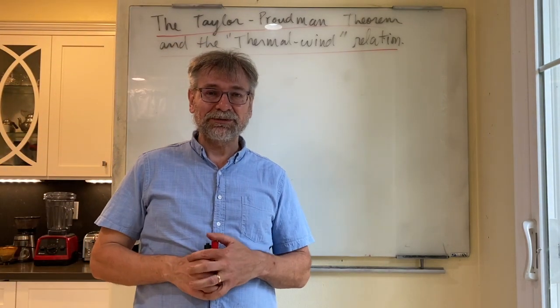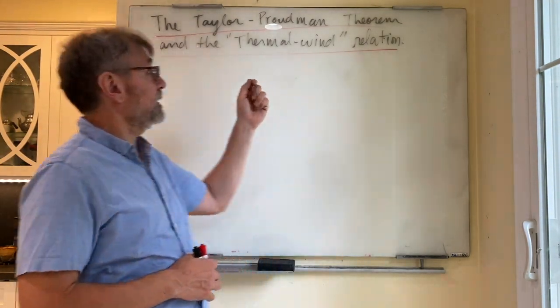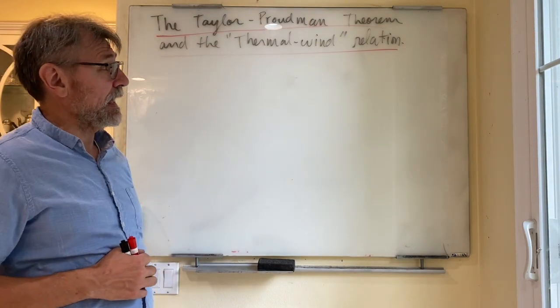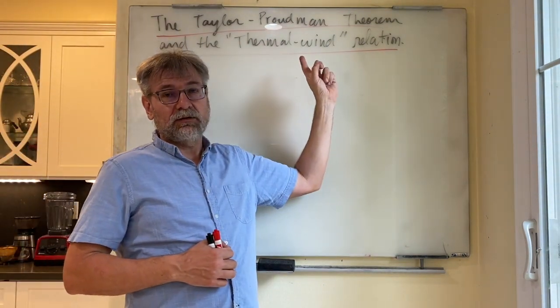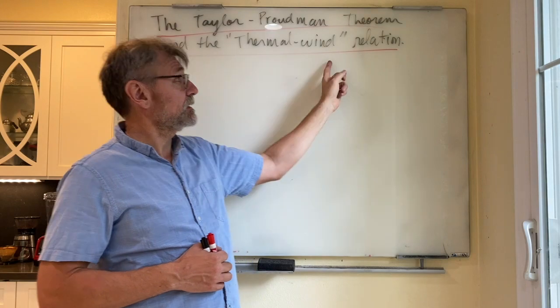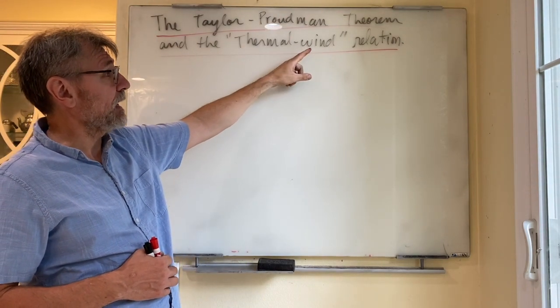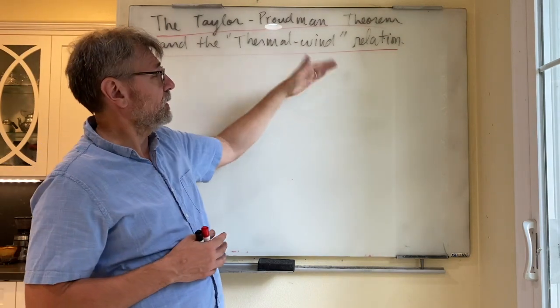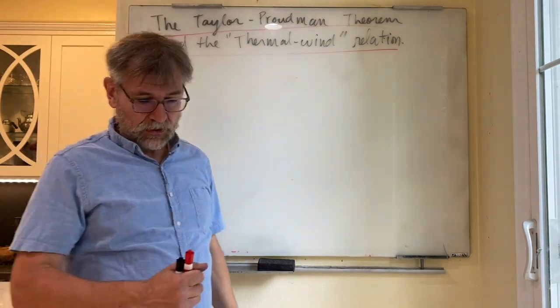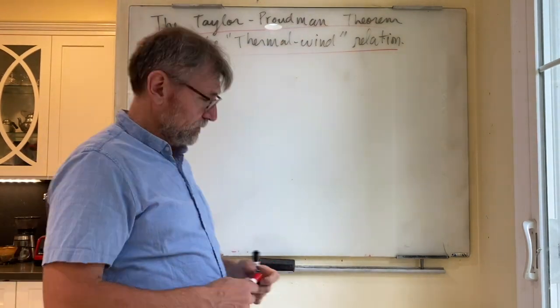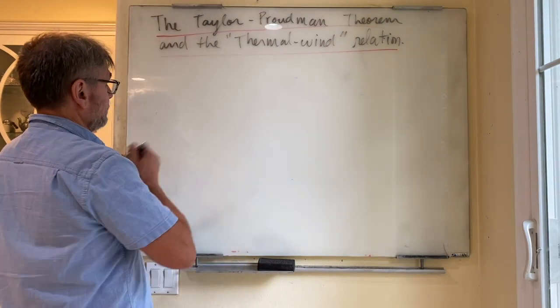All right, back to the momentum equation so I can explain what the Taylor-Proudman theorem is, and then explain what the thermal wind relation is, which is a case where the Taylor-Proudman theorem doesn't apply, but it's nice to contrast the two. All right, so let's go back to the momentum equations, which you will recall are given by this,